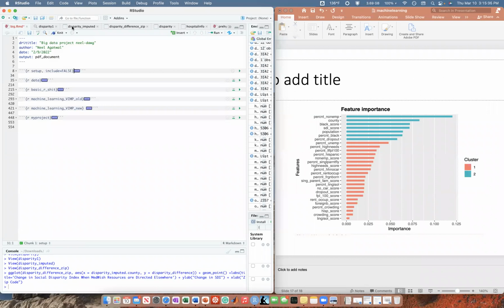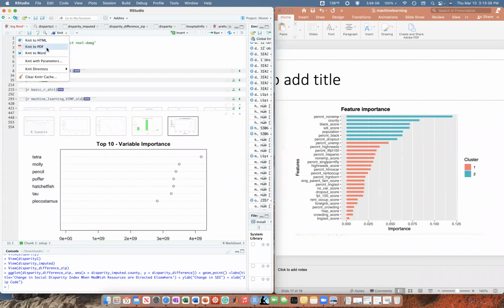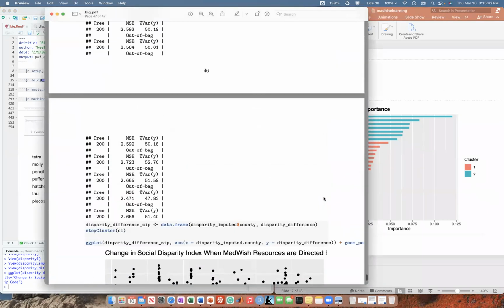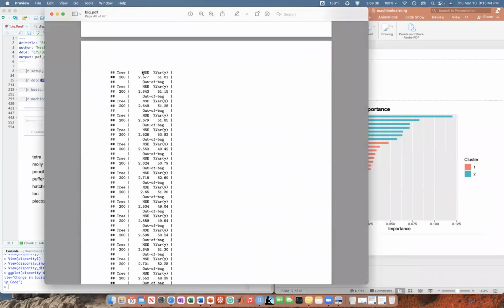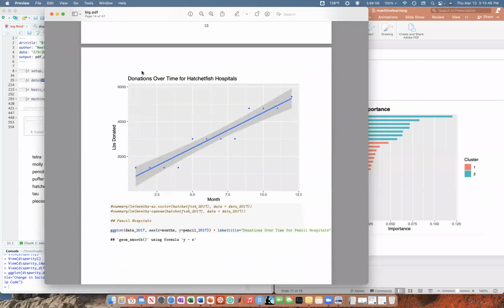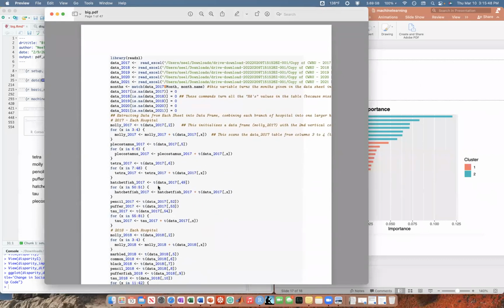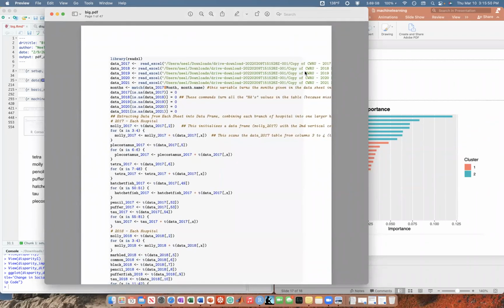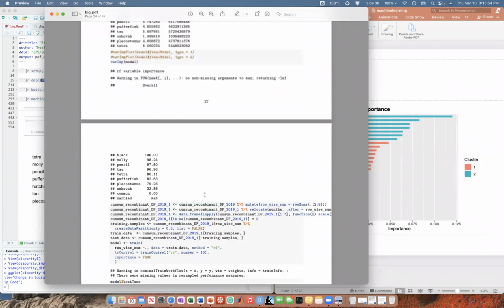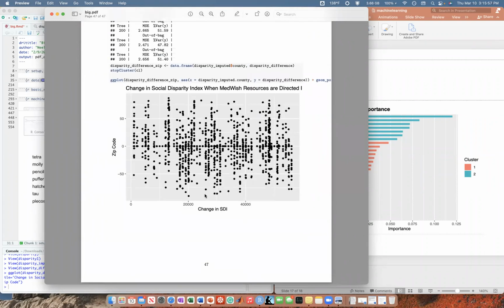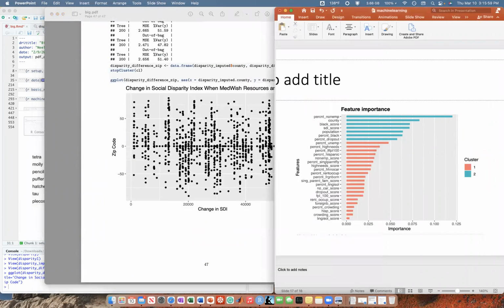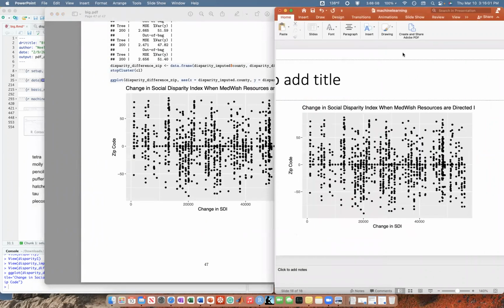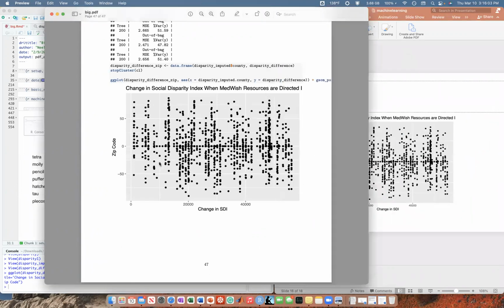And yeah, once you're done, you just hit knit and knit to PDF and you'll make this cool thing. It's 47 pages, but most of it's just graphs and stuff. So I'm going to send everyone all this stuff. Obviously, the PDF isn't perfect. If you have too long lines of code, it'll knock it off down there. But yeah, I hope you guys enjoy this. And let's see, is there anything else in this presentation I wanted to talk about? Nope, that was it.